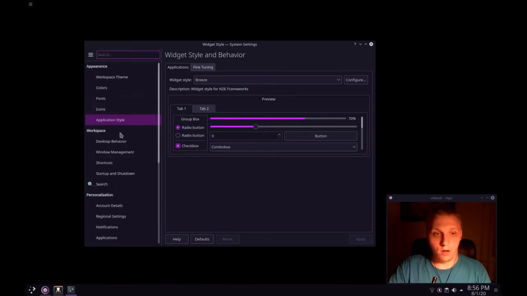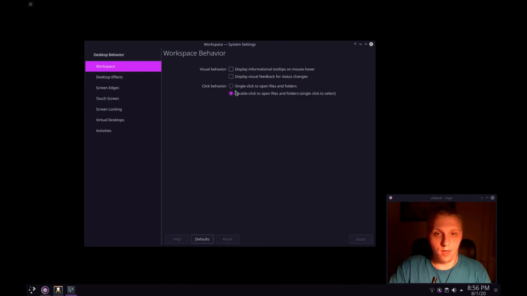And I absolutely love how much they give you. I don't have much that I've changed. I actually got rid of displaying information of tooltips and displaying feedback status on changes, because why should I have that? It's more clutter, which I don't need. And I have double click to open and single click to select, which is the standard one, and I would